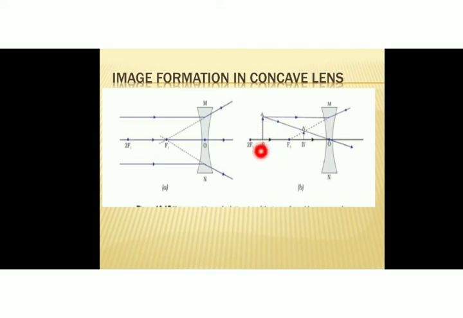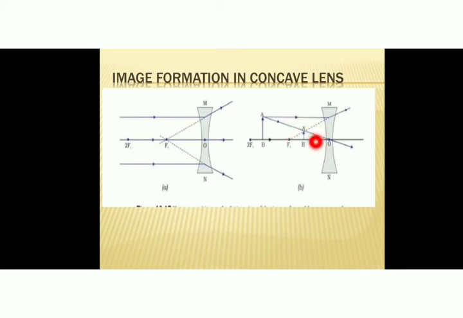Then consider the next position. Here, this is our object AB, and the object AB is situated between 2f1 and f1, or it can be anywhere on the left side of the lens. Now consider two rays. One ray is the parallel ray, another ray passing through the optic center. This is the parallel ray. After refraction it will be diverged and it appears to pass through the focus as per the first rule. And this is the ray passing through the optic center, so it will pass without any deviation. These two rays meet together at this point. So here we are expecting our image, and this is our image A dash B dash.